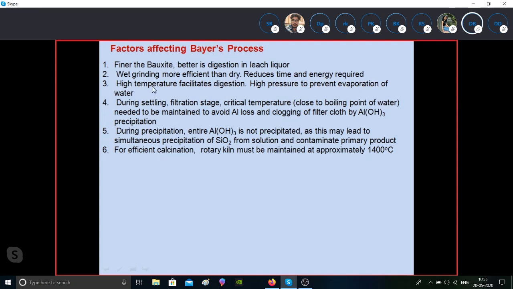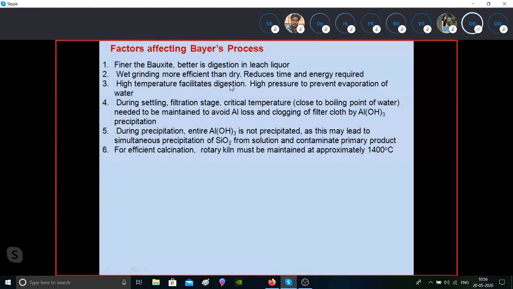We are maintaining a temperature of around 120 degrees centigrade because high temperature facilitates digestion. If we are talking about monohydrate, we need a temperature of 230 degrees. If we talk about trihydrate, then we need a temperature of around 180 degrees centigrade. That means we have to maintain a high temperature. High temperature facilitates your